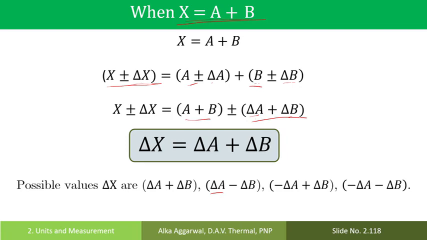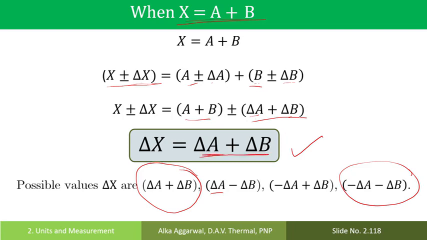Out of these values, the maximum error is either here or here. So we can say the maximum error is delta A plus delta B. So when we add two quantities, the maximum absolute error in the result is the sum of the absolute errors in the physical quantities. To make it more clear,